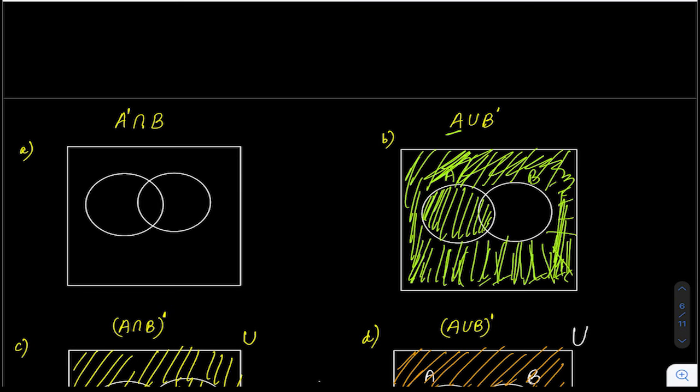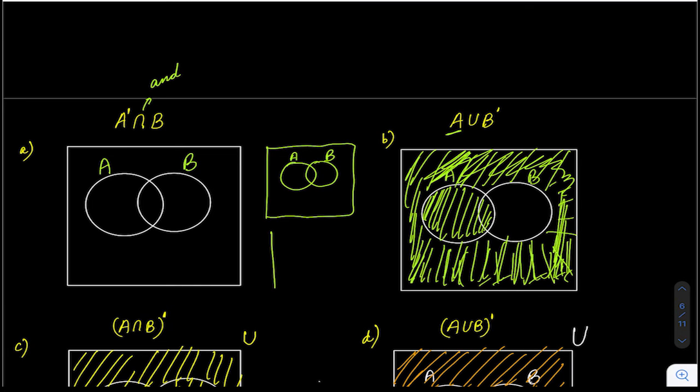Let's look at the last one, A complement intersection B. This is my A, this is my B. Intersection means and, so we need to look for common elements. What is common in B and A complement? Just to explain, I am drawing separate diagrams for A complement and B. In some cases, when we are doing intersection, we have doubt about what the common part is, so you can make a separate diagram.